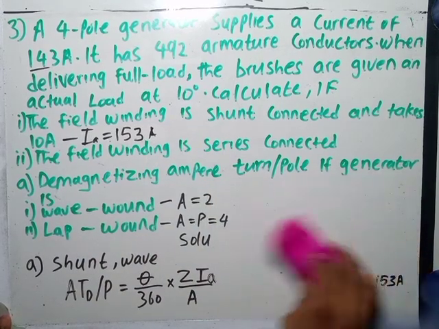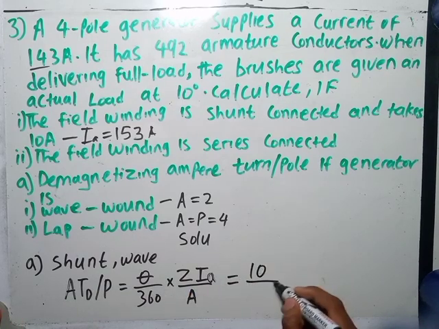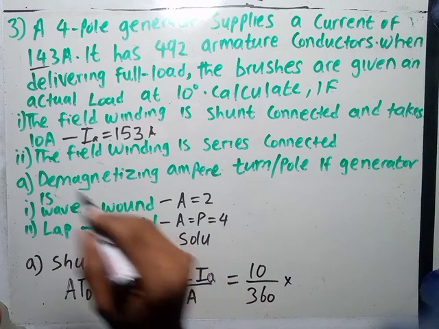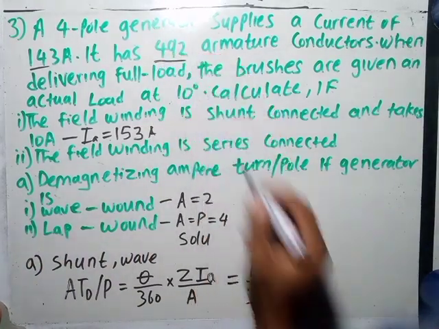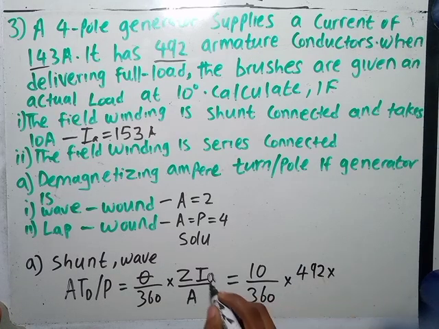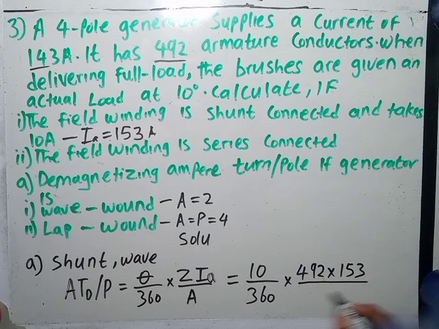Now, knowing this, we can simply input in our formula and get the answer. Our angle is 10. We'll be dividing it by 360 times your number of conductors, which is 492. Then you multiply it with your armature current, all over A. Since we are dealing with wave for the first case, our A will be 2. So inputting this in your calculator,